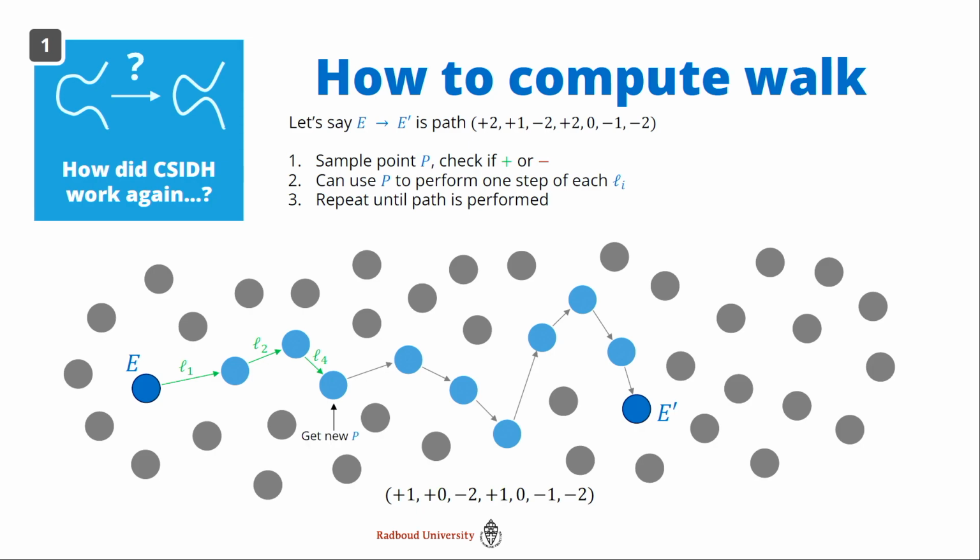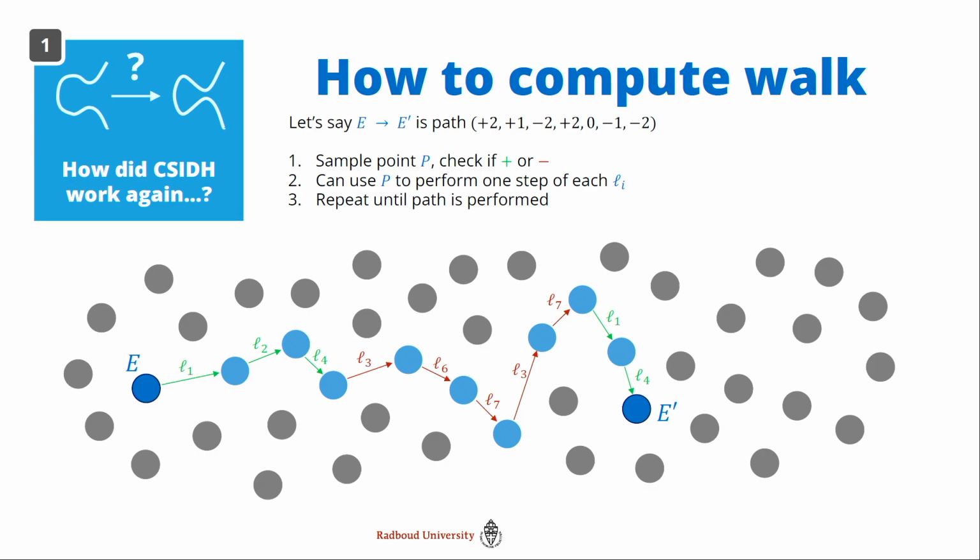So what we need to do is we get a new point. This one is negative. Let's do then L3 and L6 and L7. Again, here at the end, the point is sort of empty for our purposes. We need to get a new point, and we do 2 steps, L3 and L7. And then at the end, we need to sort of keep on sampling until we get a positive point, which we can use to do these last 2 steps, L1 and L4.